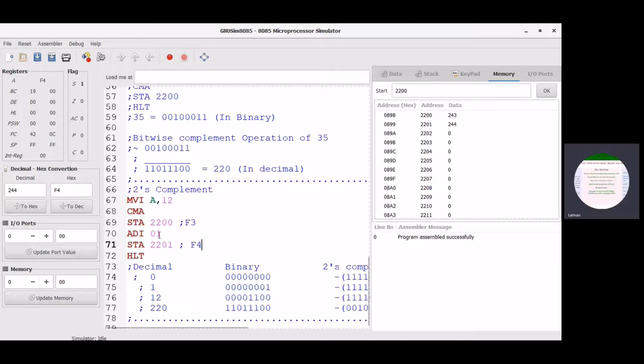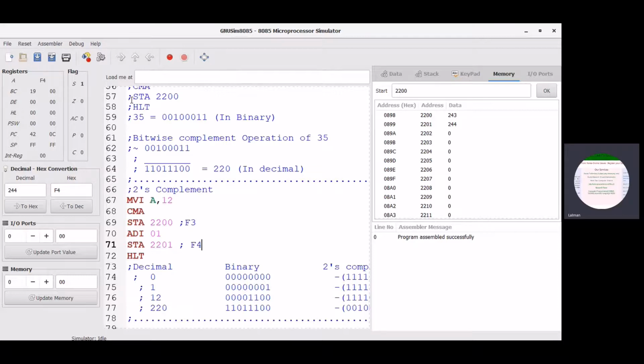ADI 01 means add immediate 01 to the accumulator. Currently we have 243 in the accumulator, and after adding 01 we get 244 in the accumulator, and we can store 244 at the memory address 2201 and finally terminate the program.